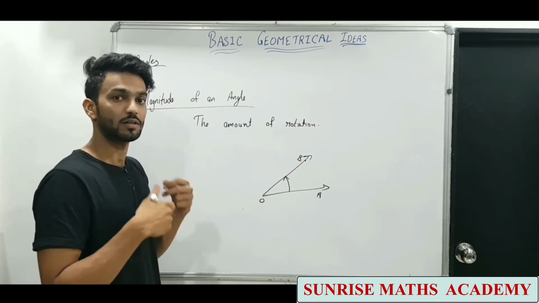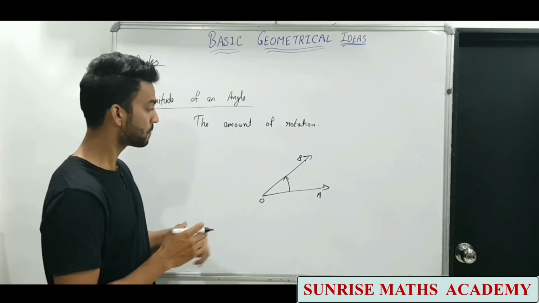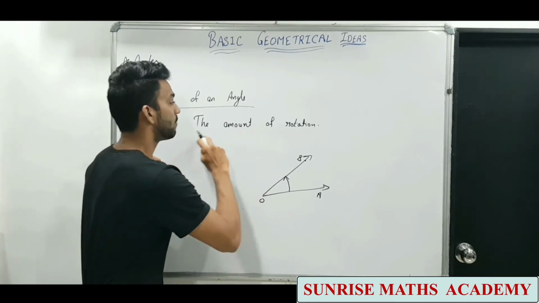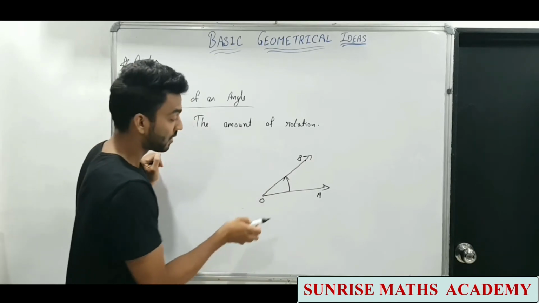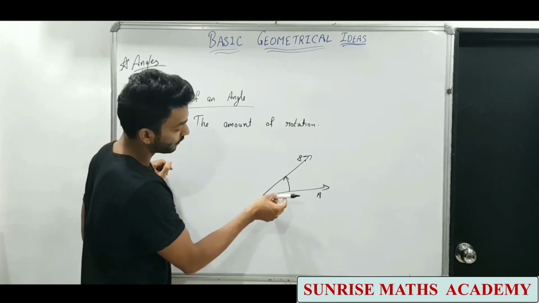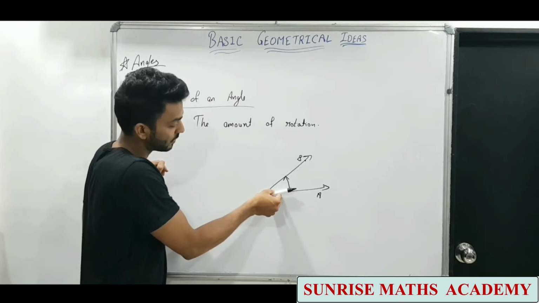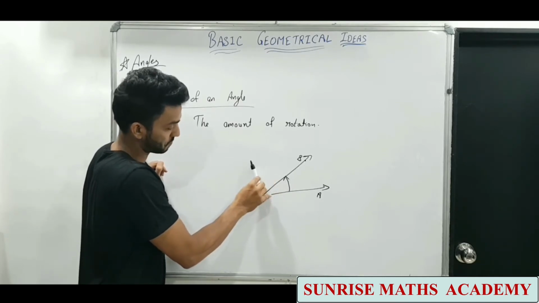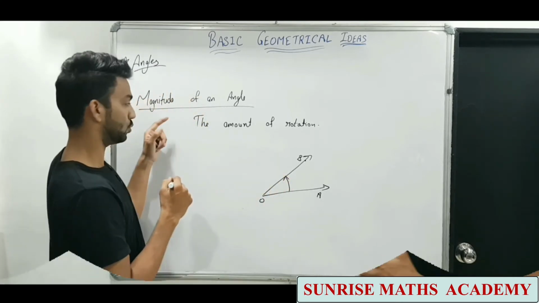And when we measure, it is measured in degree. We will see that degree measure in the next frame. What magnitude is, is just one important thing here, that is the amount of rotation of the arms. Here we are talking about arms. Why? Because we saw that these two things of the angle are arms. So if we start from this ray, which we call the starting ray, the initial ray, it starts from here and we start rotating. So if we stop anywhere here, the rotation that is covered, that is the magnitude.